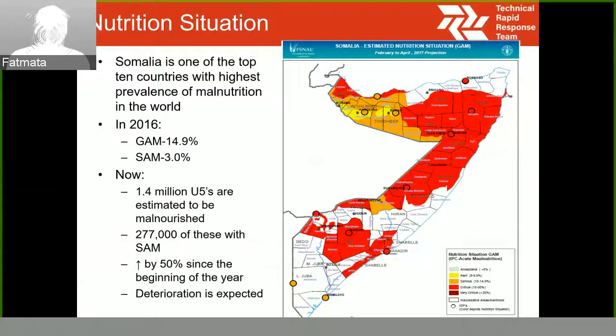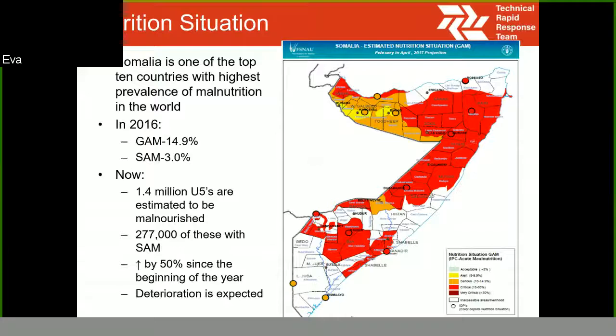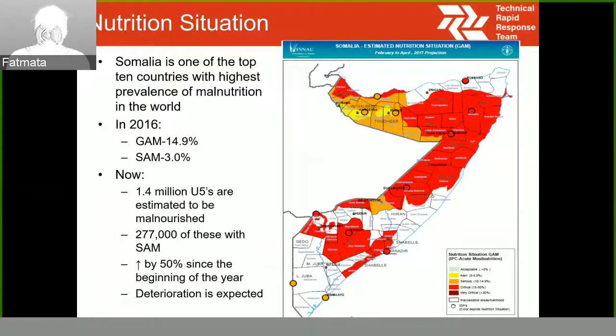As at now, about 1.4 million under fives are estimated to be acutely malnourished, of which 277,000 are severely acutely malnourished. Since the beginning of the year, we have seen about a 50% increase in some cases, and we expect to see further deterioration. As you can see on the map at the left, the situation is very critical at the moment. About 15 to 30% of children are malnourished. Next slide, please.